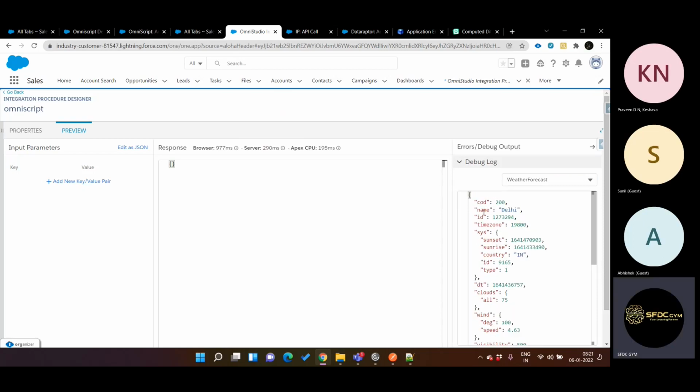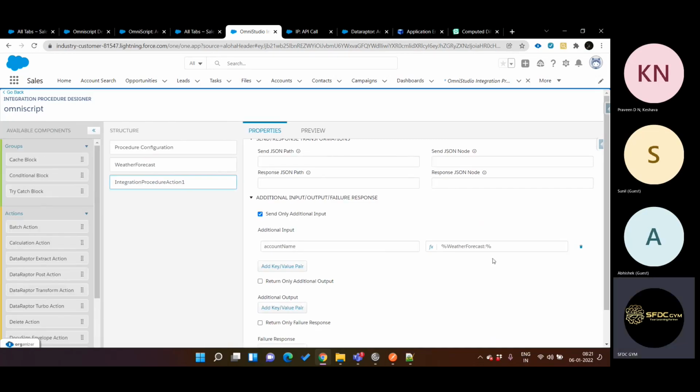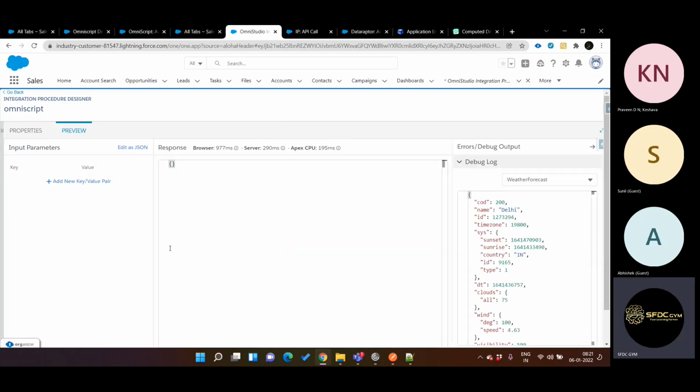Let's say we want to send the name, right? So we can directly go there and use the name here. So in that case, the value that is retrieved from the above node can be passed directly from here. You can again go and configure the other values also if you have configured it. If your API is configured in such a way, you can pass additional inputs here as well, right? Now, if you do that,